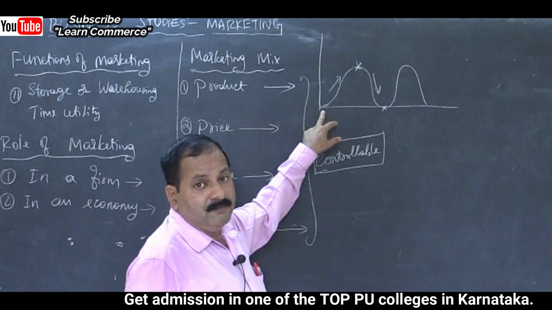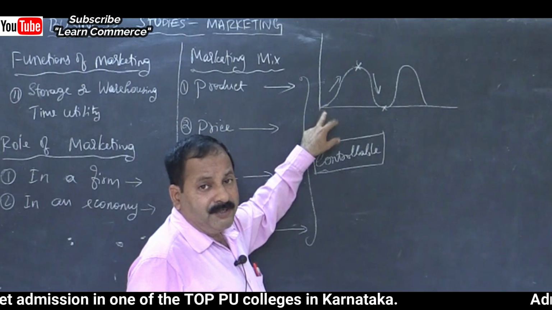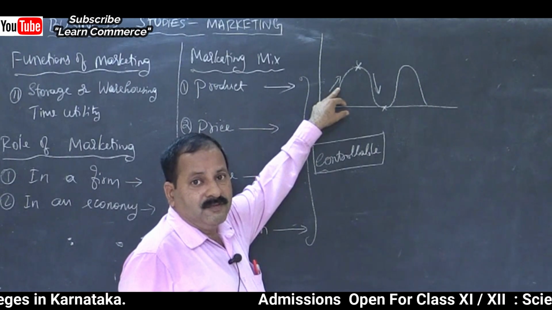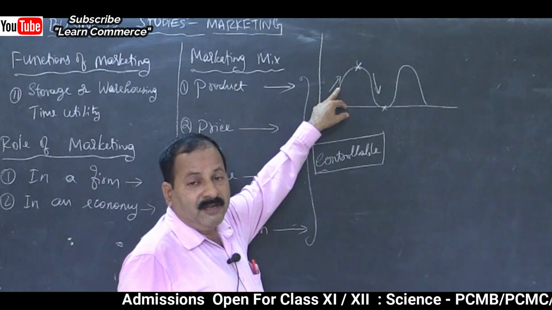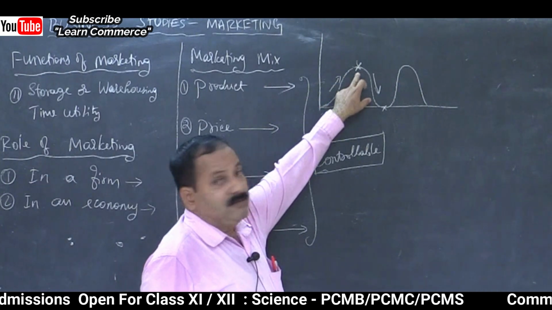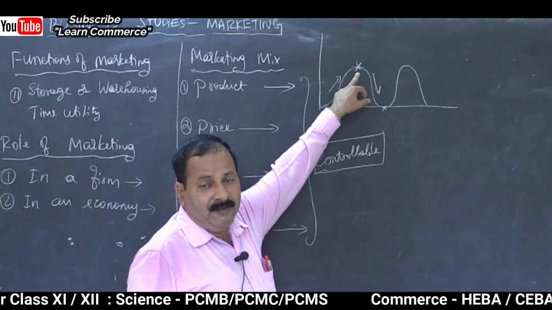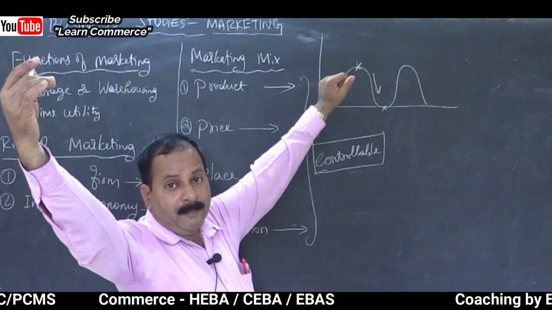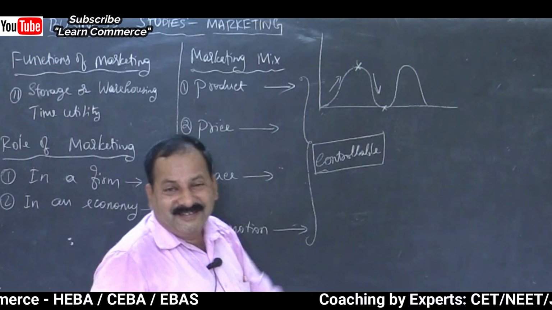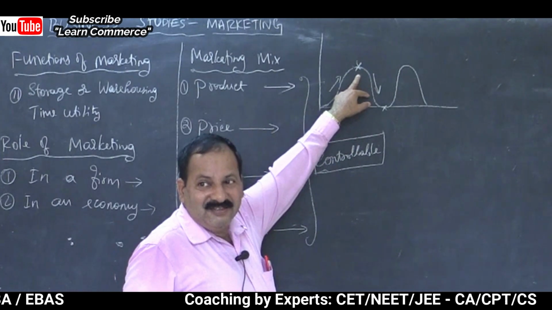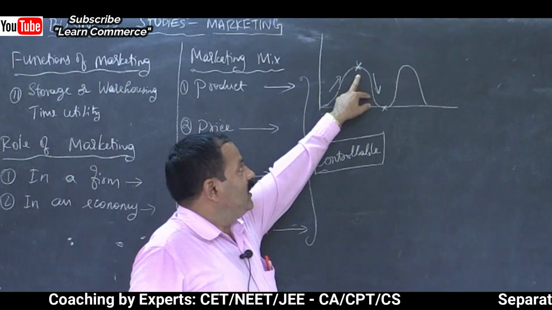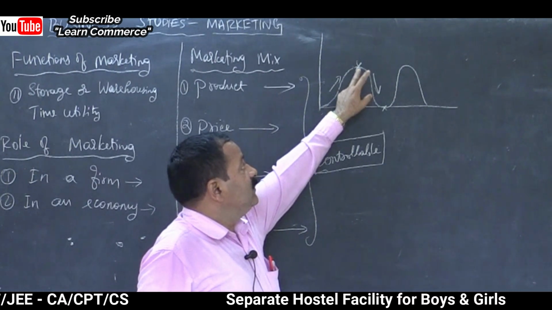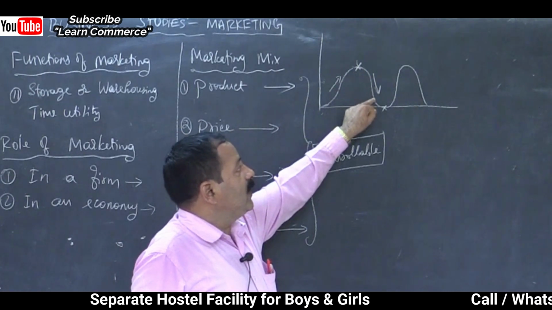Like we have birth, isn't it? That is a product pioneering stage. Then growth, isn't it? Will become like PU students, high school students, PU students. Then we'll get the voting rights, isn't it? Maturity stage, government has fixed, isn't it? Maturity stage 18. When you reach 18, you will get the voting rights. You can decide the future of the nation. Don't know how you will decide, isn't it? But government will give that right to vote, and you will be declared as a major one, not minor, isn't it?